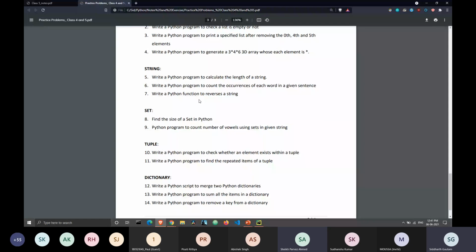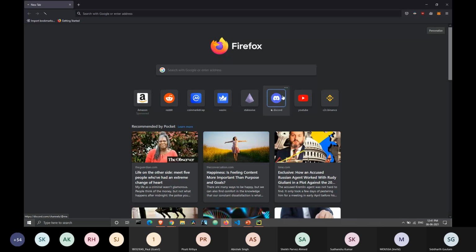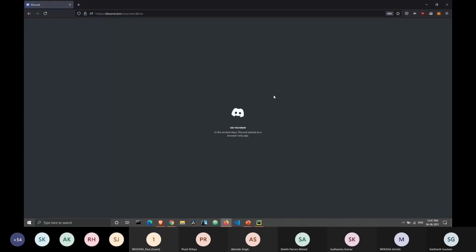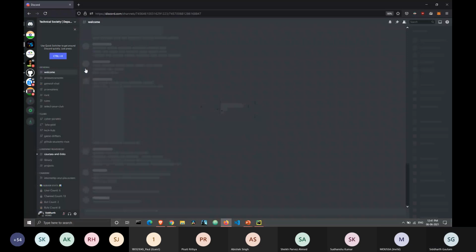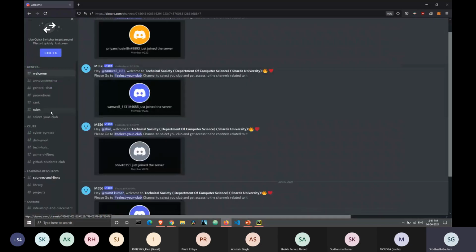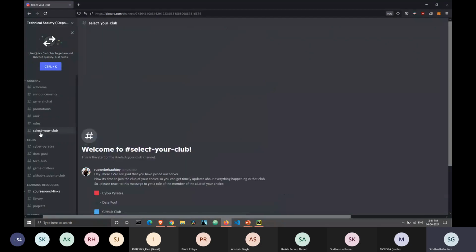Plus, just show them once where to select the GitHub Students Club, because most of the students didn't select it. All right, yes. Let me just open my Discord. Here is the Discord server for Technova. On the left-hand side, you can see there's a channel called Select Your Club.